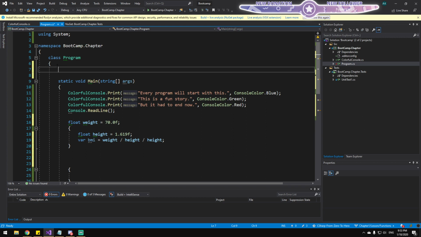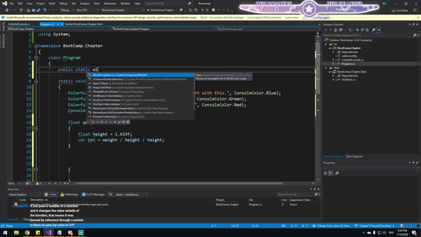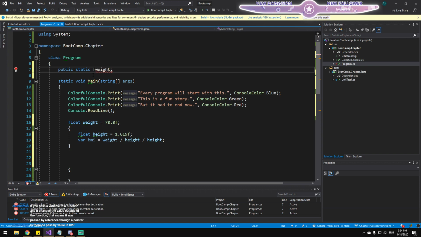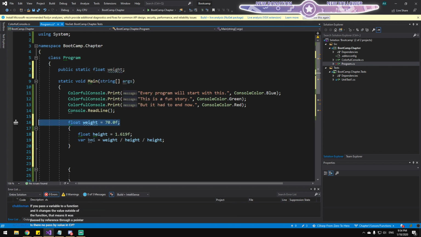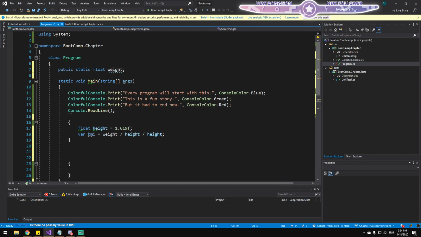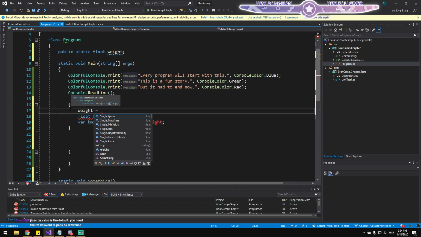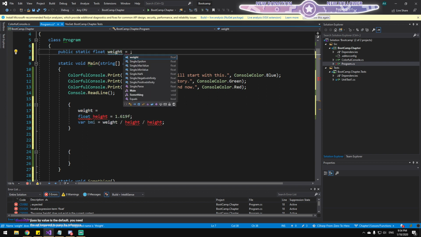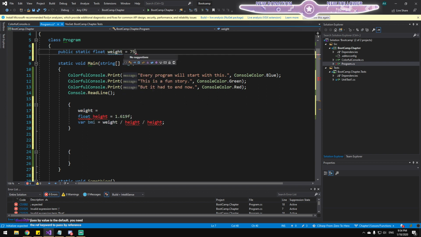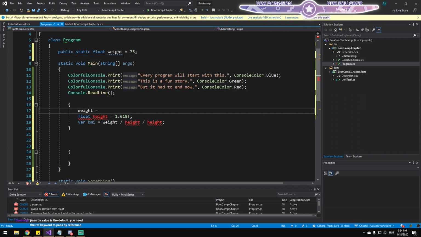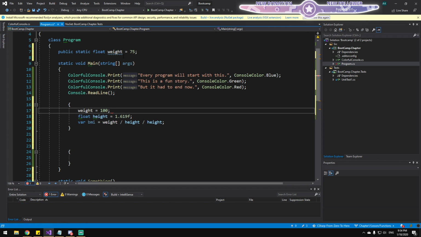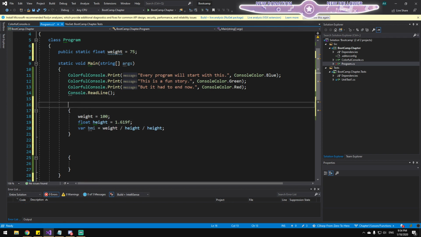Now, let's say we create, like I said, static means global. So public static means global. So if I pass a variable like weight in a different scope, in a static scope, I delete it here, and I delete it here. And then here I say weight is 75, and here I'll say it's 100. So if I do that and I print the weight before and after,